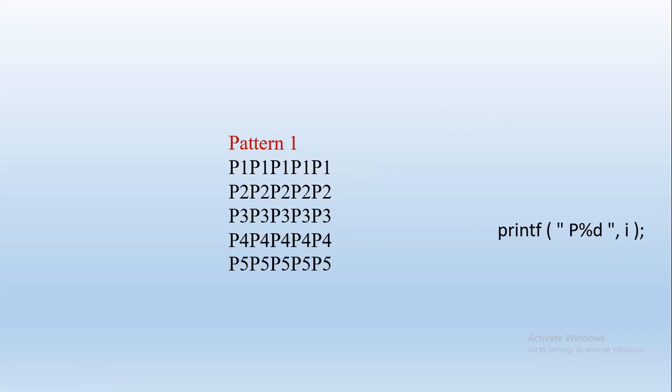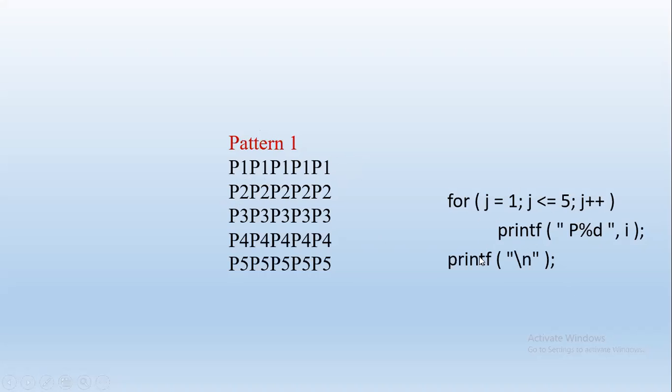Let us consider j, because each row has 5 columns. We will consider a j loop which will start from 1, end at 5, and every time it is printing P1 because i starts from 1. So according to this loop, i is equal to 1. It will print P1 how many times? 5 times. So we got the first row. As soon as j becomes 6, it will stop. Now we need the cursor in a new line.